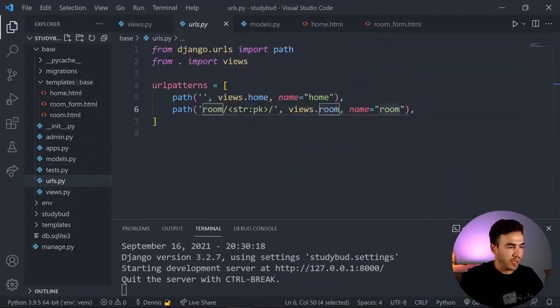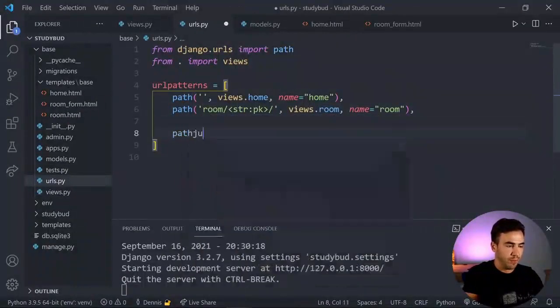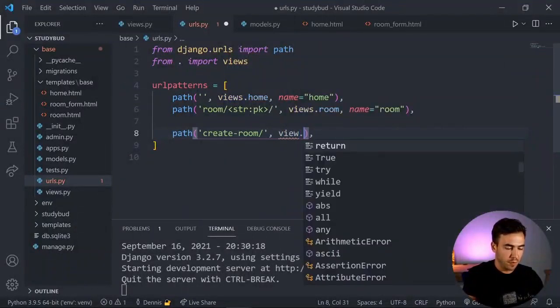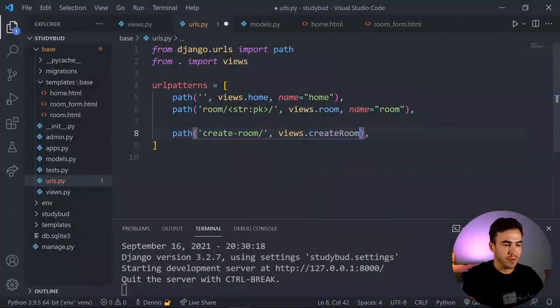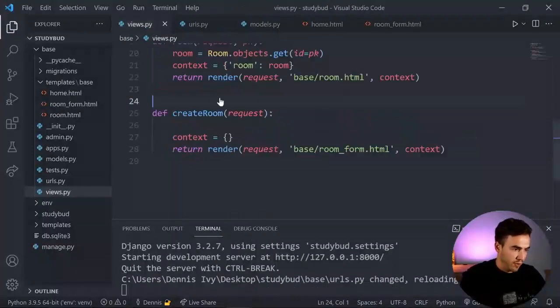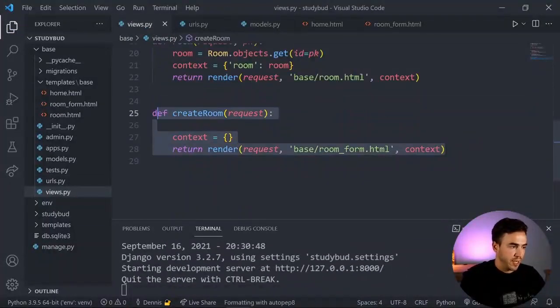Now we need to create a URL here. So we'll just do path, add in a new route, and this is going to be create room/, the view is going to be views.create room, name will be create-room. Okay, so we have our URL, we have a view that renders a template,